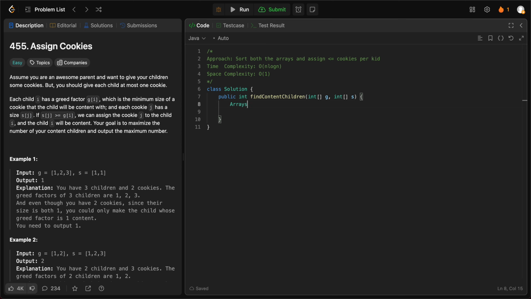So Arrays.sort, we'll be sorting G, and then we'll be sorting S. And since they are arranged in ascending order, it'll be easier for us. So let's say G size would be equal to G dot length, and S size is equal to S dot length, and then we need to